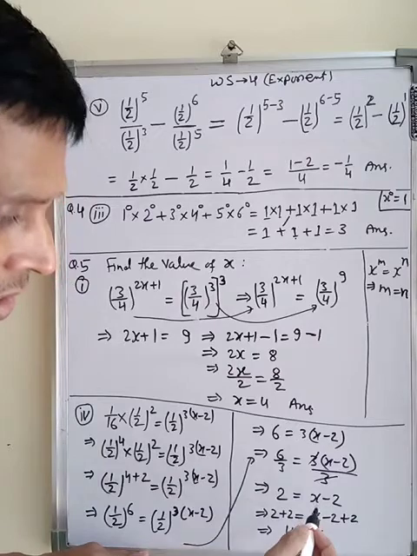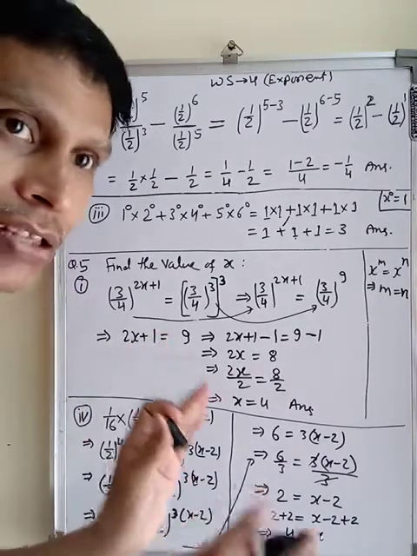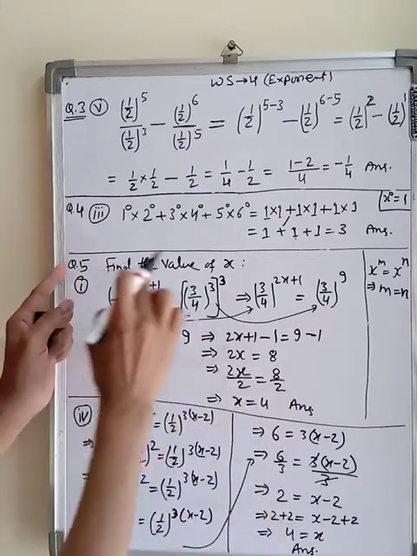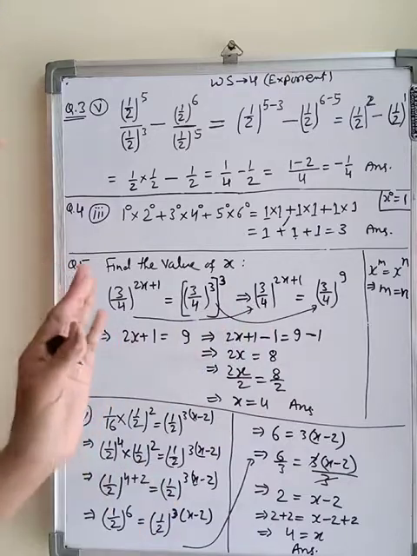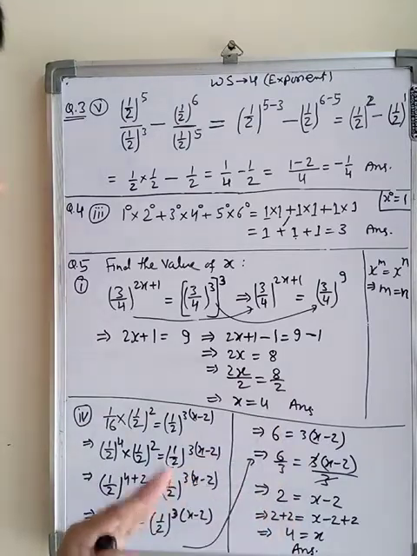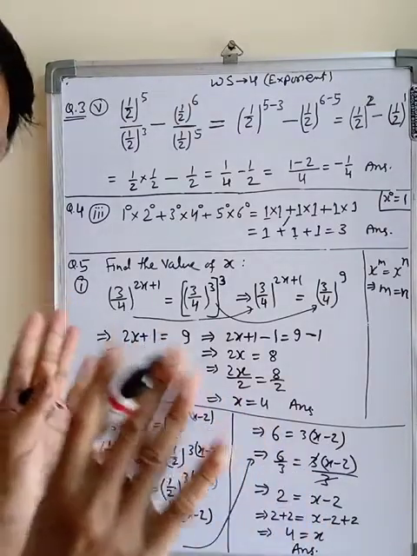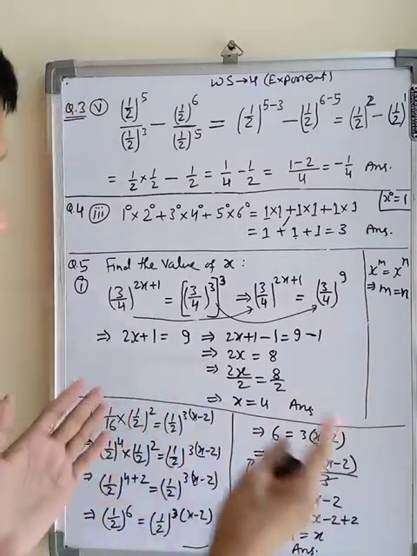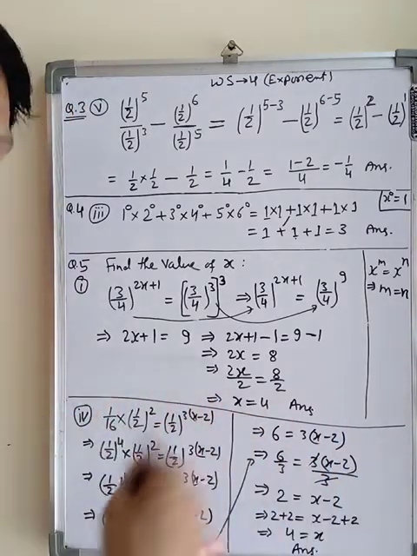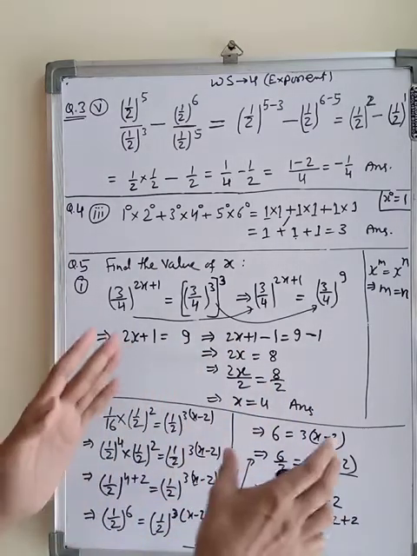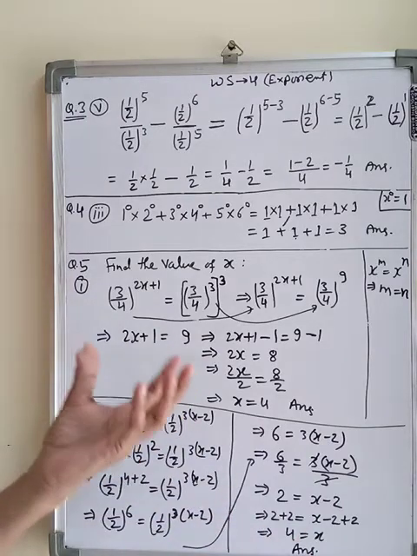Now how can we remove this minus 2? Because on this side we want only x. One more thing you remember: x can be on the left hand side or the right hand side, that does not matter whenever it is asked to find the value of x. Listen again: when you have to find the value of x, whether x stays on the left hand side or the right hand side, you do not have to transpose it, let x stay where it is. Because some parents teach to bring x to this side, meaning they solve in the left hand side only. Some teachers also make students solve keeping x on the left hand side only. That is not necessary, because this is an equation.